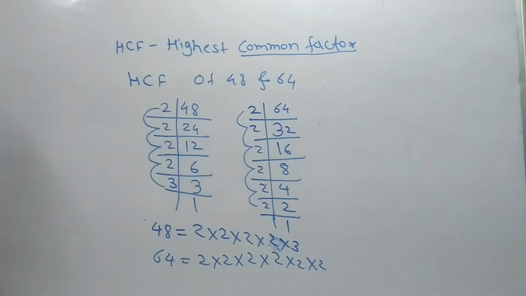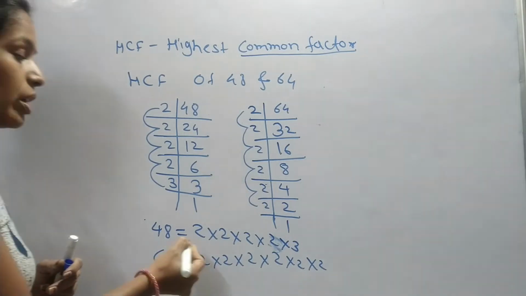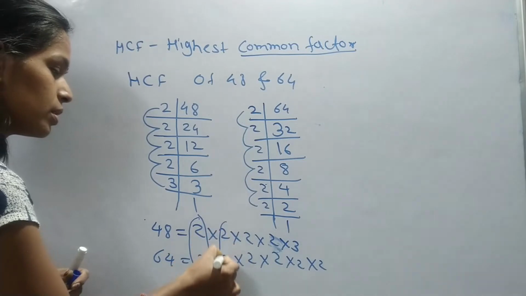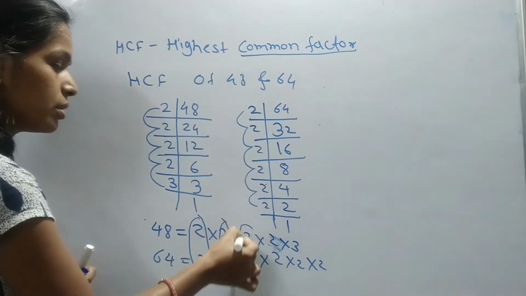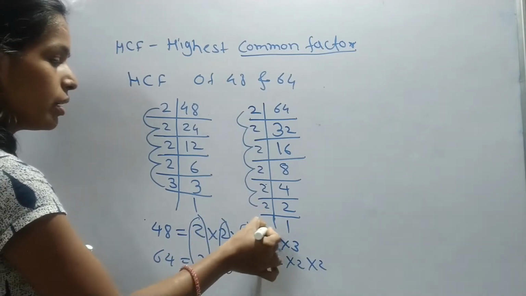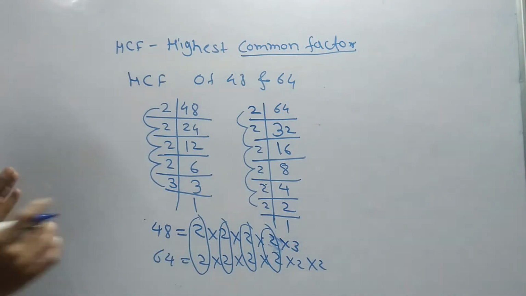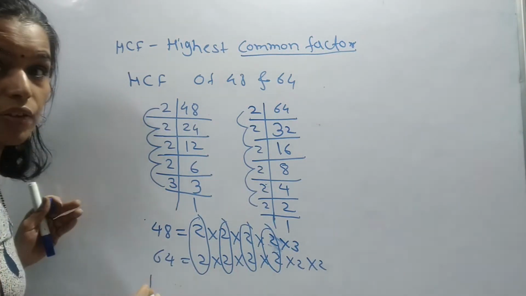Now to find the HCF, pick up the common factors. See here, this pair is common. This is another common pair. This is one more common pair, and this is a common pair. These are the uncommon factors, so we will leave them. So the HCF of